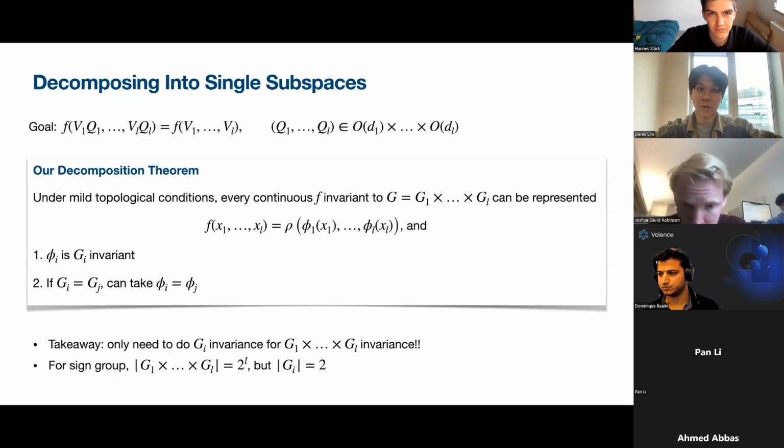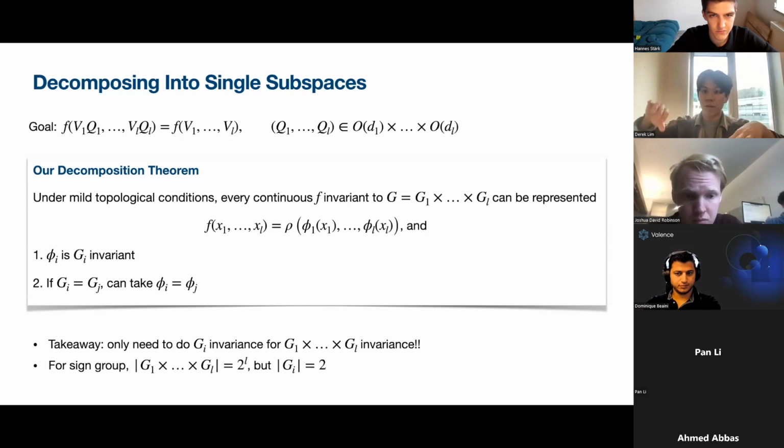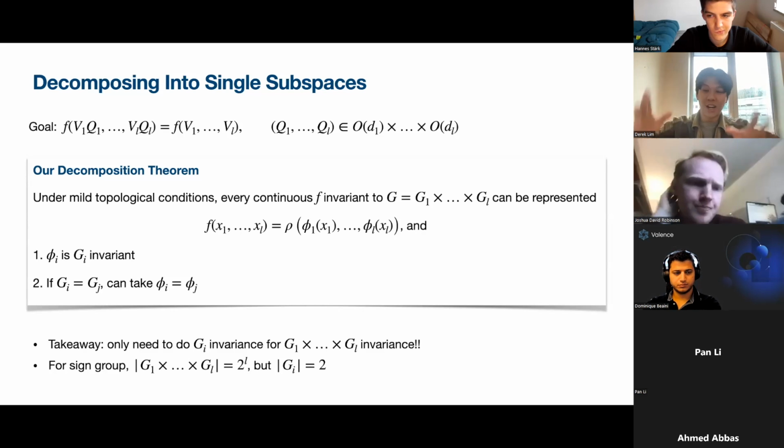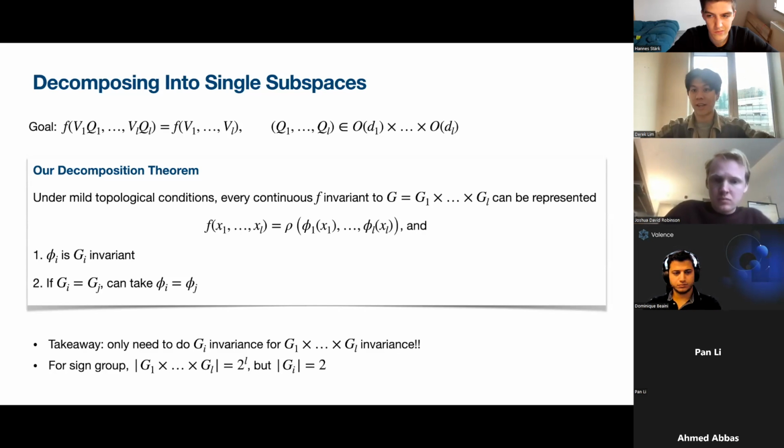For the sign group, the direct product group is of size 2 to the L. You have to handle 2 to the L different sign configurations. But the sign group for one dimension is just of size 2, just -1 or 1. So that's a lot easier. You only have to handle 2 cases, right? And also these GIs are the single subspace case, which Josh covered. So we're going to directly use that